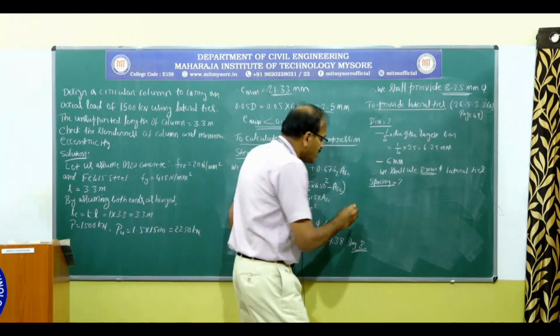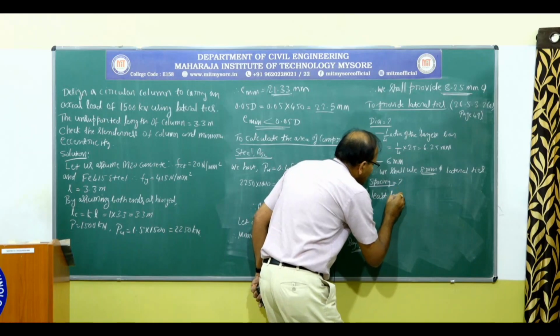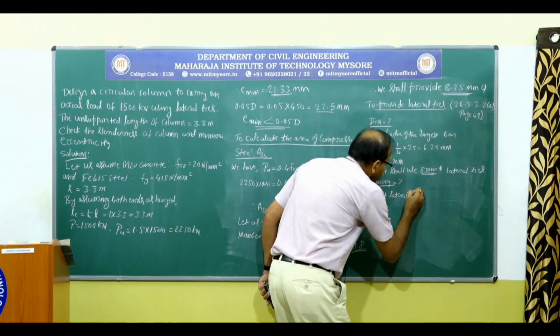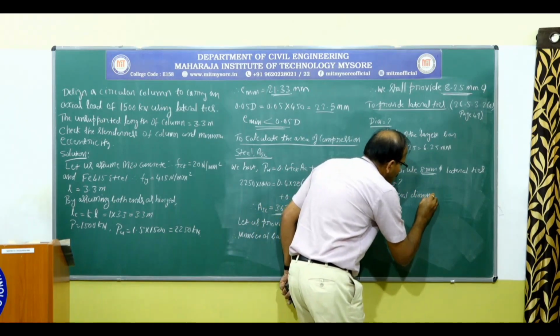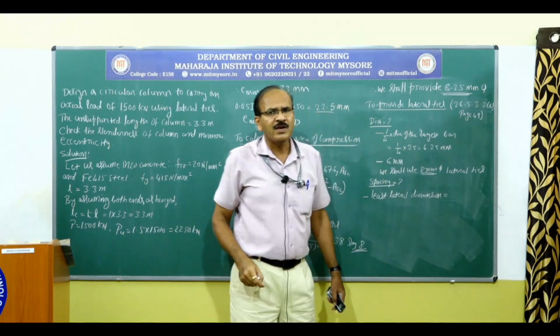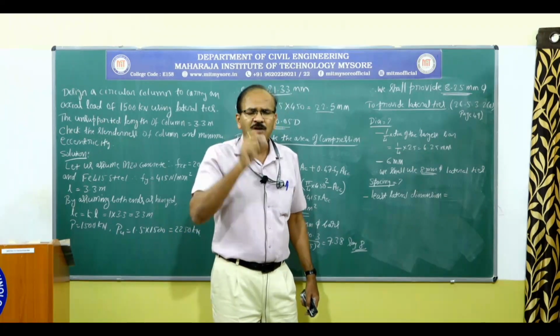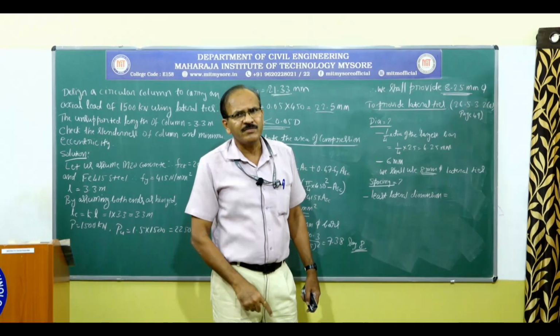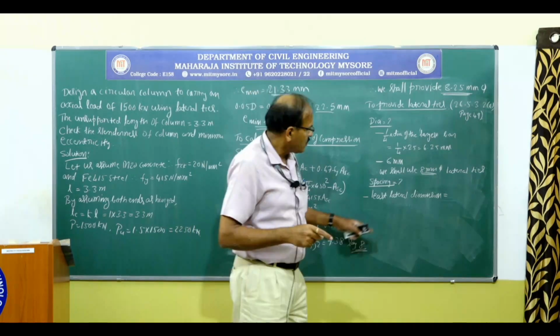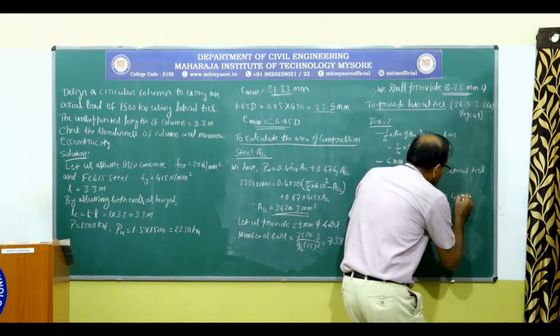Again, the code says the spacing should not be less than the least lateral dimension. For a circle, the diameter itself is the least lateral dimension and also the biggest lateral dimension. It has only one size. So in this case, 450 millimeter is the lateral dimension of